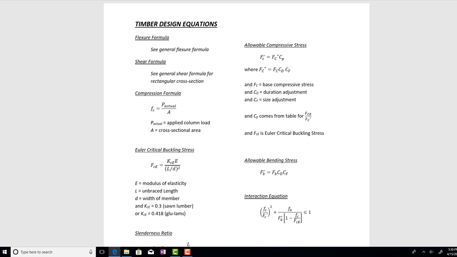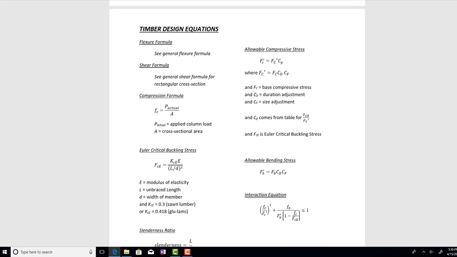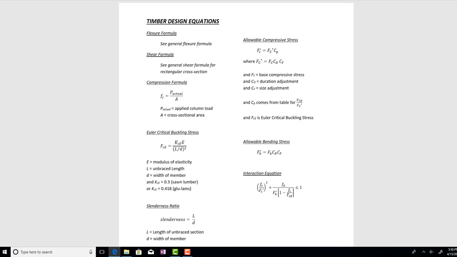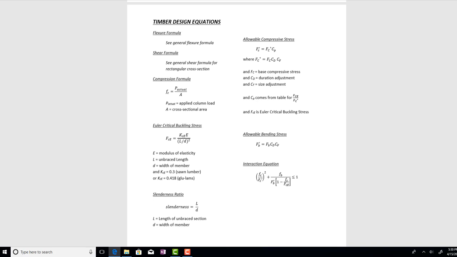I believe there's actually more information on this page than what you'll need on the final exam. This is the actual page that I had posted on Learning Suite to help march you through the process. I'm not going to spend a whole lot of time on this page right here. I will remind you that by definition, the slenderness ratio for a timber column